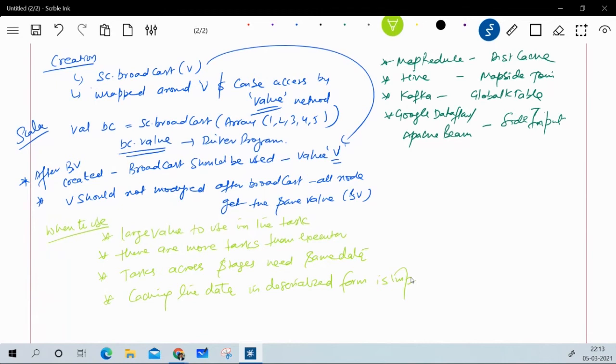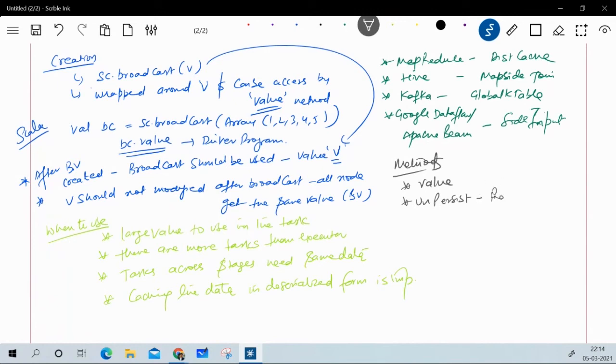Now in this broadcast variable, we have different methods. The first method we have seen is the value method, which gives the actual value of the broadcast variable in the driver program. Another method is unpersist.